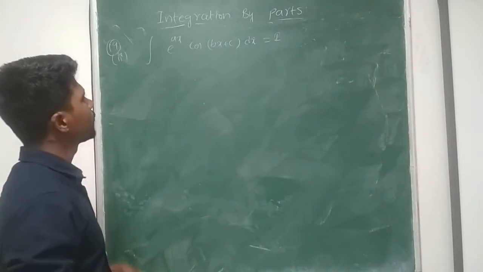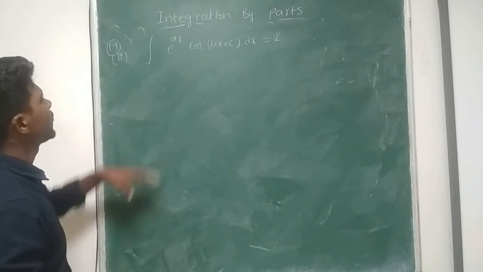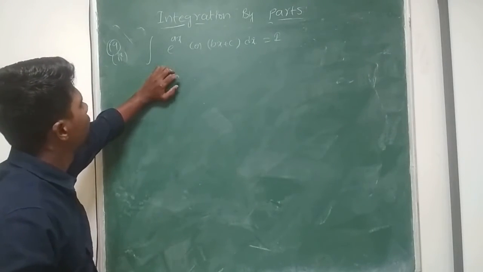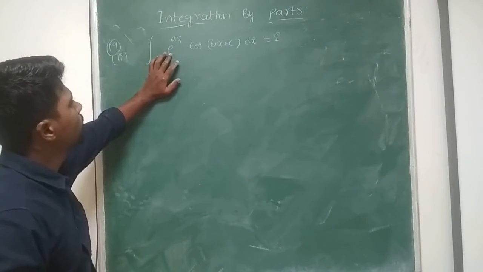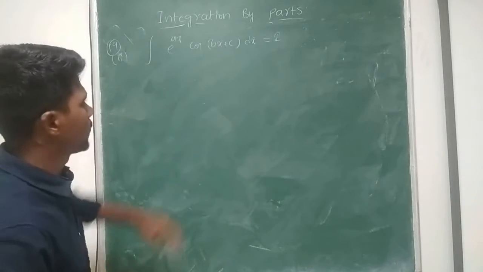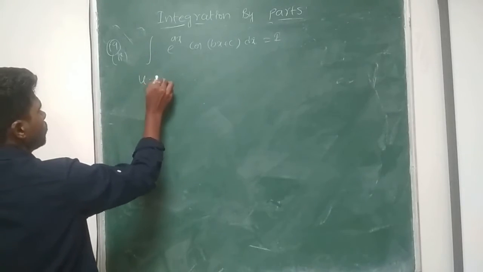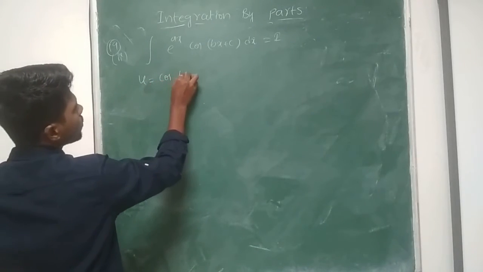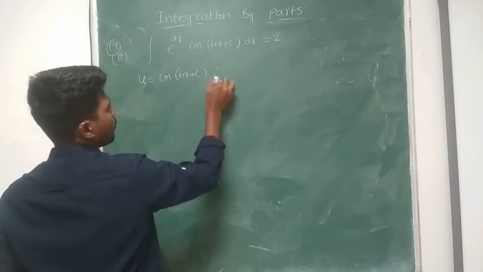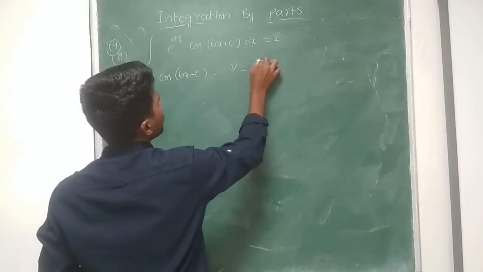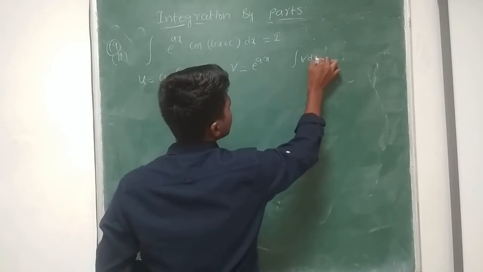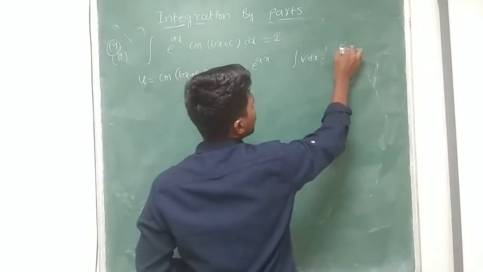So I want to evaluate its value. Integral e power ax into cos(bx plus c) dx I consider as I. The exponential function will come at last, so I consider this as v. Then cos(bx plus c) acts as u. So u is equal to cos(bx plus c), v will be equal to e power ax. Then integral v dx will be equal to e power